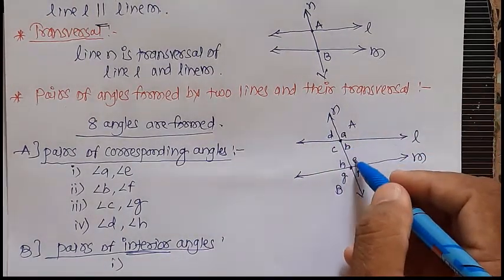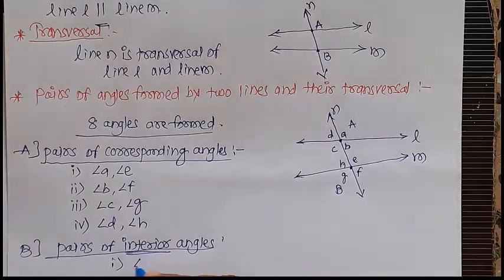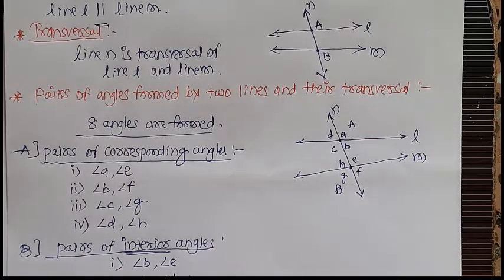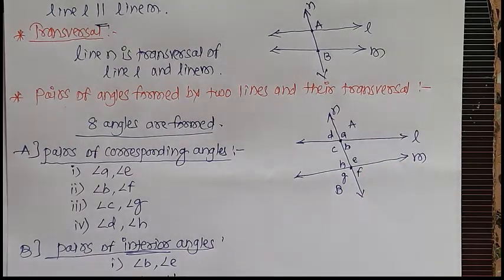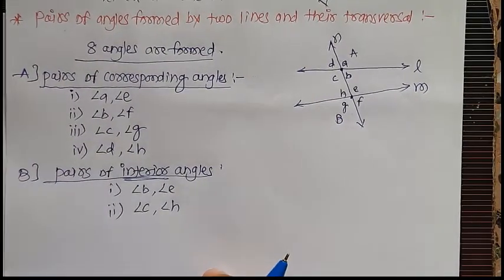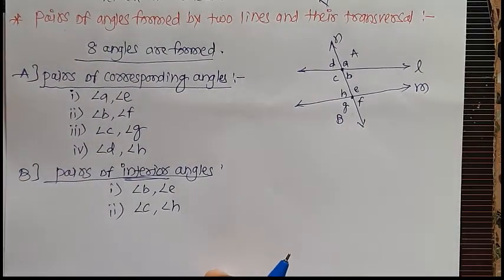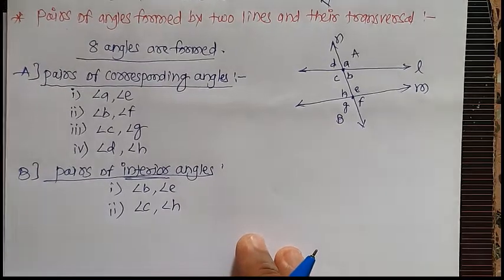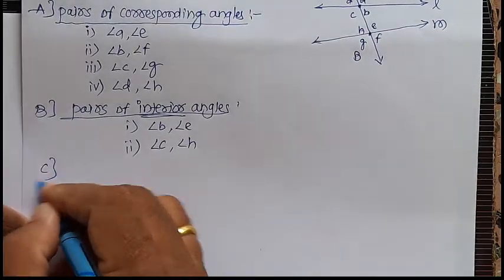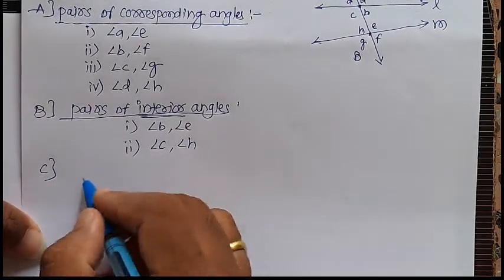So angle B and angle E, and here angle C, angle H. These are the 2 pairs of interior angles we have got. Then we see the third pairs, that is